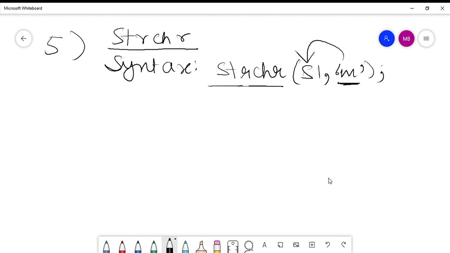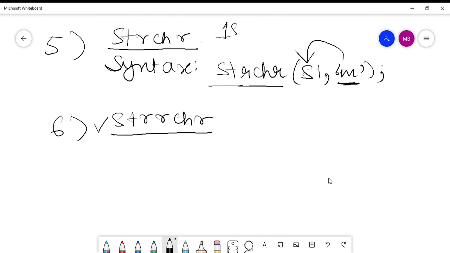Now another function is strrchr. Just like strchr, strrchr is also used to find the occurrence of a character in a string, but strchr is used to find the first occurrence of a character in a string. That is, you want to locate that position where this particular character will occur for the first time in string s1.